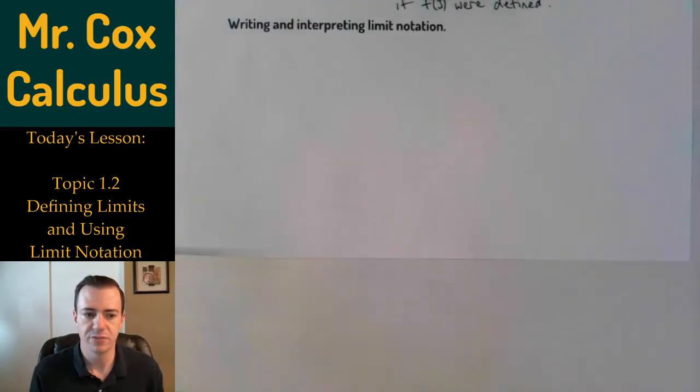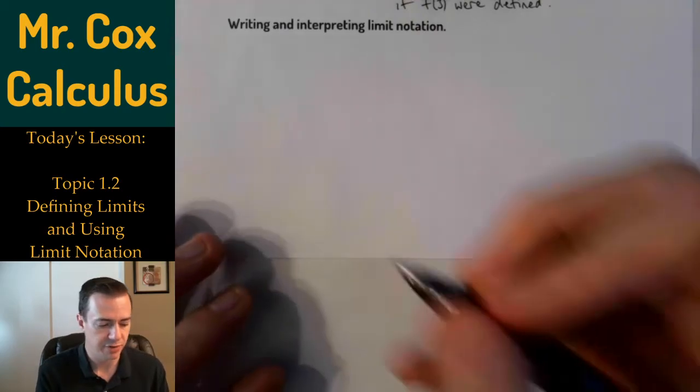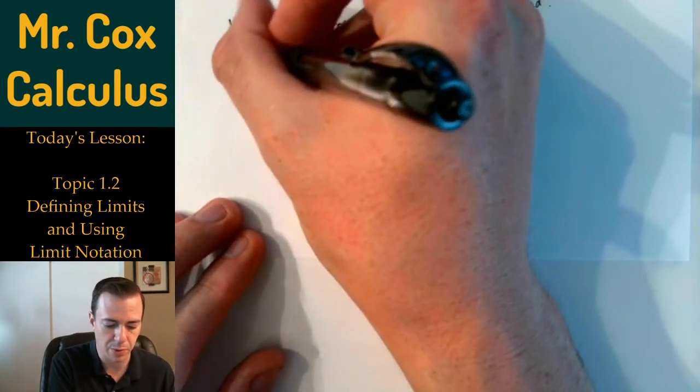In our previous video, we wrote a very important statement about the graph of our function f of x, where we said as x was approaching 3, the function values f of x was approaching 1, even though f of 3 was undefined. So for the above example that we did,